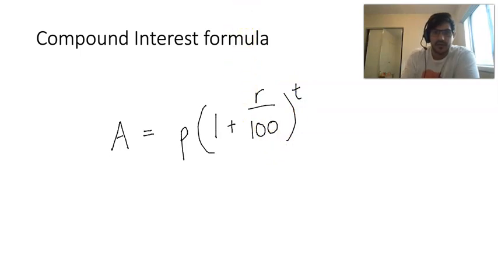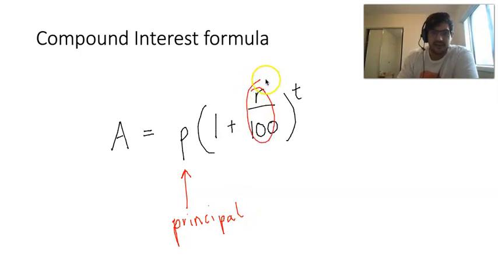The equation looks very different now. It looks a lot more algebraic in its appearance. We're just breaking this down. So the P is just the principal amount. That's the amount of money that you start with or that you invest. This part of the equation here, the R divided by 100, is converting